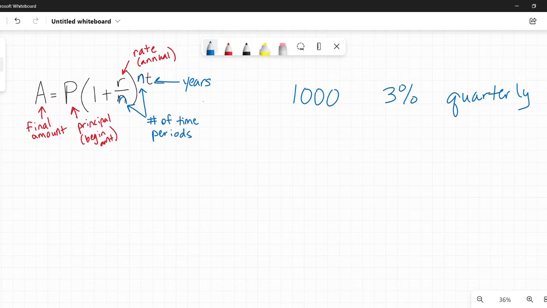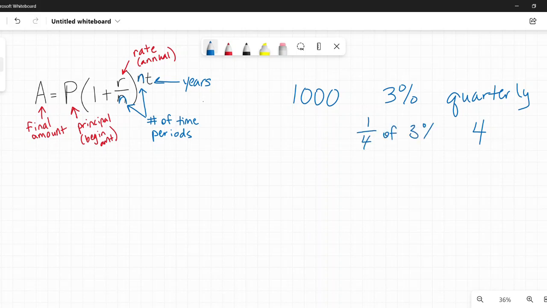How would I set this up? Well, first I'd say quarterly. How many times a year are they putting money in my account? How many times a year are they giving me interest? Quarterly means 4 times a year. So each of those times, are they giving me a full 3%? No, that is the annual rate. It's for the whole year. So they would be giving me 1/4